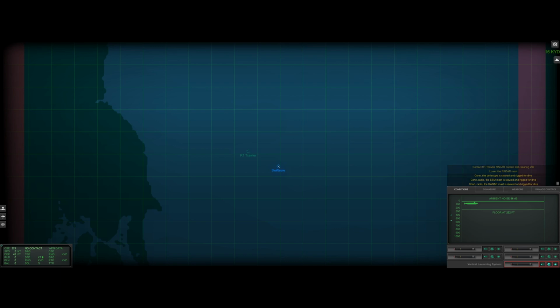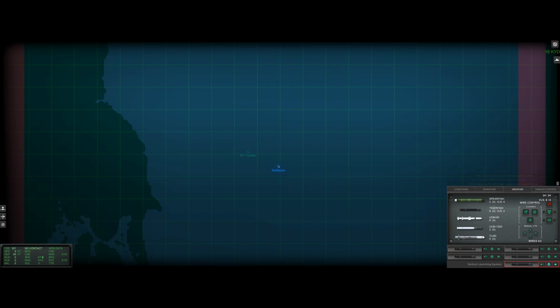As we float around towards the target area, let's look at weapons on board. So we have a total of 6 Spearfish and it looks like 14 Tigerfish, is that right? Yeah, 14 Tigerfish. We have 8 Harpoons and we've got 2 Sea Lance. Now, Sea Lance is an interesting weapon. It's fictional, at least the production version. It was produced, there's a prototype I believe in very small numbers. It was never put into service. And I'm supposing that the Royal Navy managed to acquire some. On a technicality,